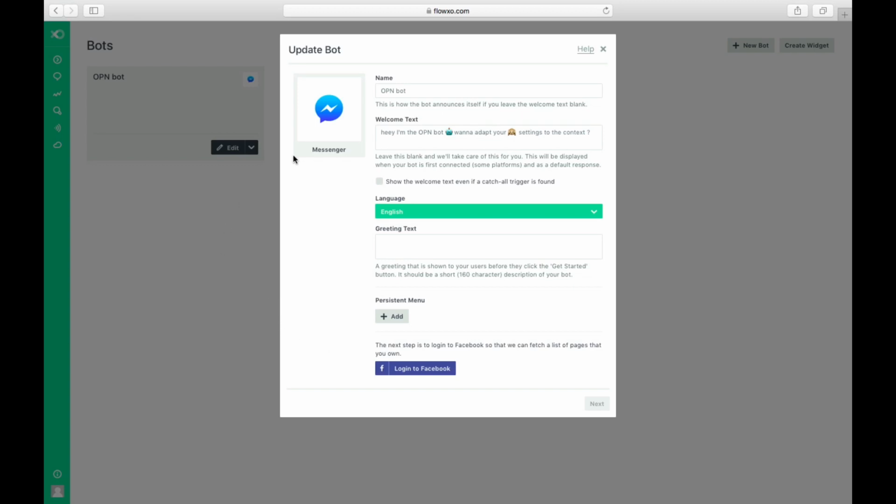Bots means how am I linking up my logic with something where people can talk to it or input things. In this case, Facebook Messenger is a bot. So this means you create flows in Flow, and they are linked to a bot. It could be Slack, but this one here is actually a Facebook Messenger bot.